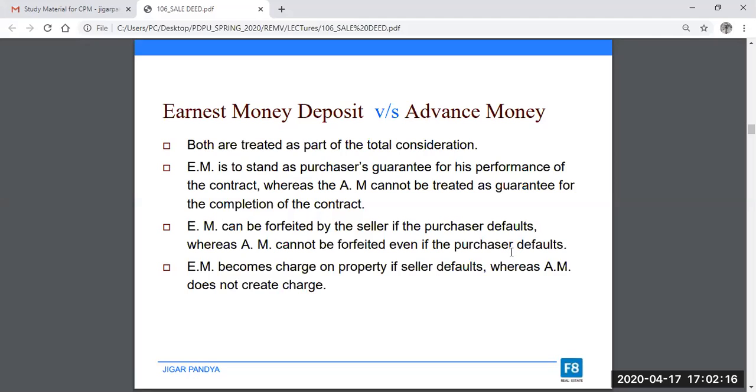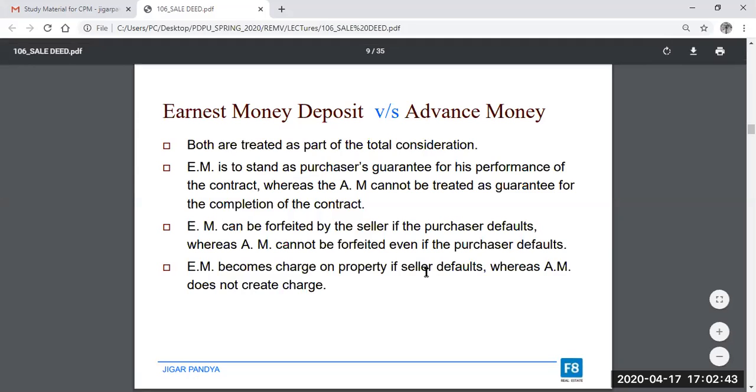So if the buyer decides not to buy the property for any reason, and if he or she backs out of the deal, then the advance money is totally refundable if the agreement of sale says that this money was paid in advance. So while earnest money deposit becomes a charge on the property if the seller defaults, advance money does not create any charge, which means that